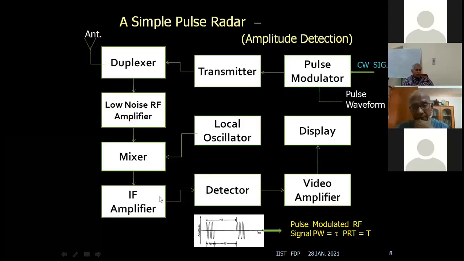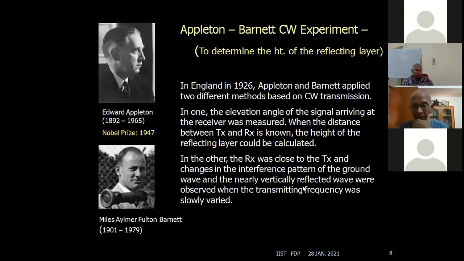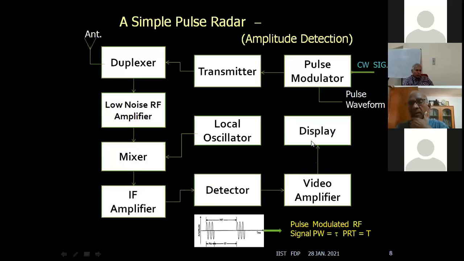It's an IF amplifier, and then a peak detector, and then the low frequency signal. That is the radio signal peak detected that will be displayed. So there will be a signal coming from the target, a very slowly varying signal that can be displayed. So its position with respect to the transmitted signal